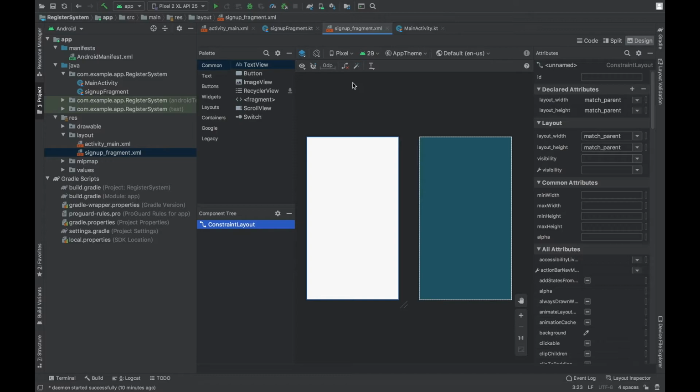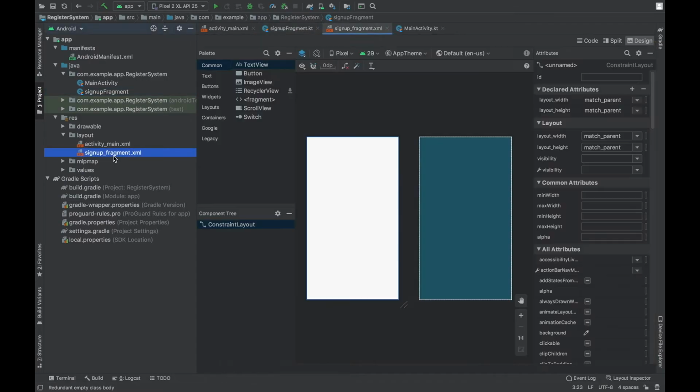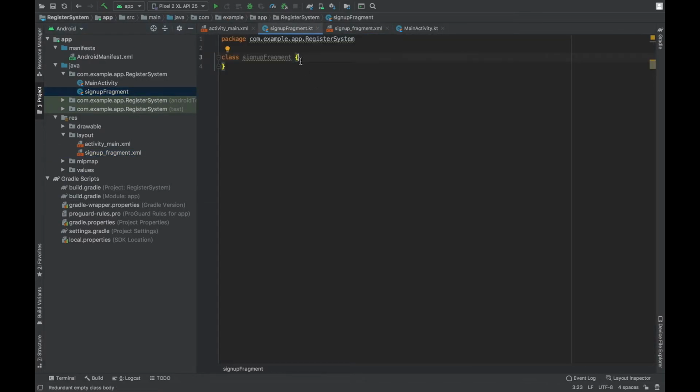Now basically we have a main activity, and a sign up fragment layout file and class. Now in order to connect this fragment file to the fragment class, we have to make this class inherit or extend the fragment class.